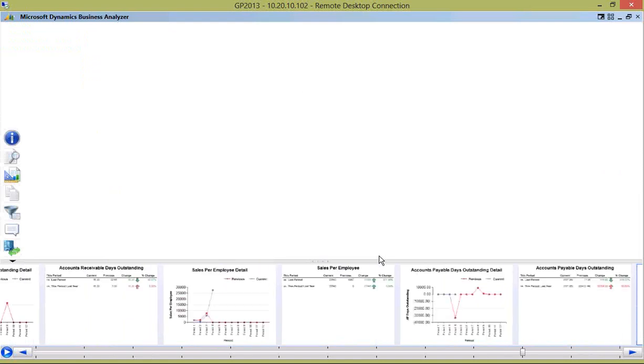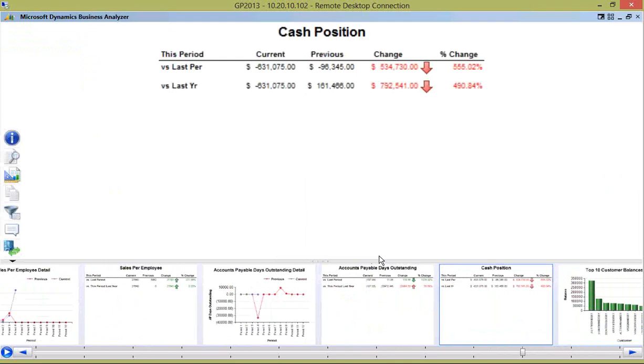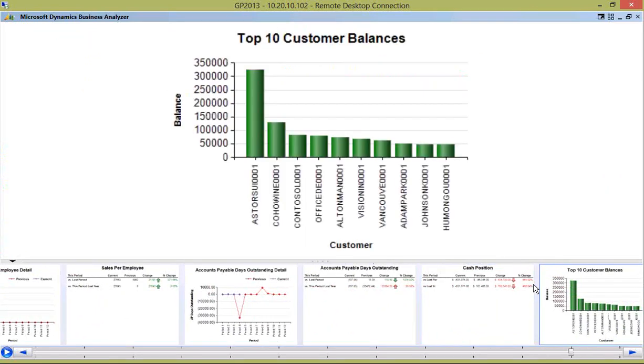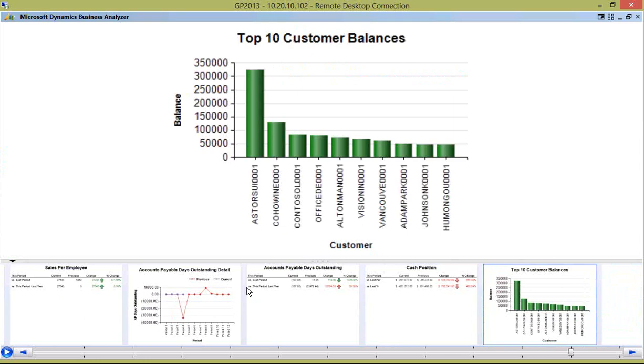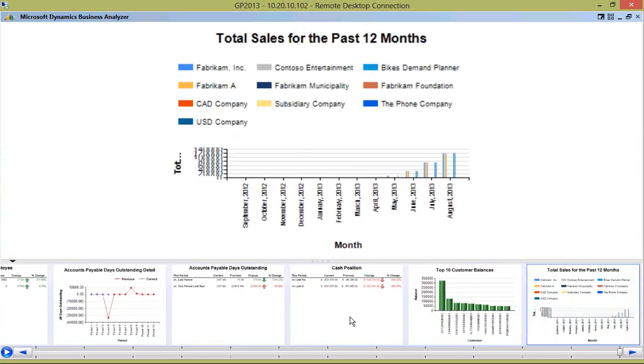We'll just let that refresh here. All right, so here's the top 10 customer balances. Again, same sort of actions that I can take against that. And it's going to take just a minute here. There it is. Total sales for the past 12 months for all of the companies in my